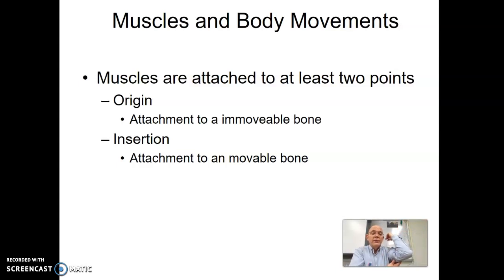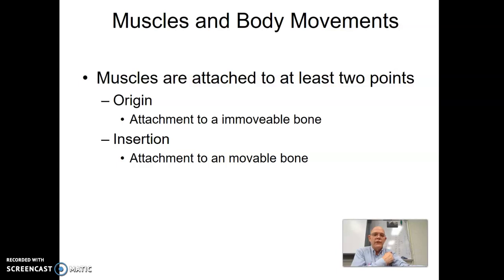Now, your triceps on the bottom does just the opposite. When it contracts, or gets closer together, it pulls your hand back out. So you have these muscles that work in pairs or opposites, and we'll talk more about this. For your bicep, when you pull it up, that's its job, then your humerus is your immovable bone. And so where it attaches to that would be your origin. Now the movable bone, which in this case is your radius and ulna, I think it's attached mostly to your ulna, but anyhow, that's where its insertion is.